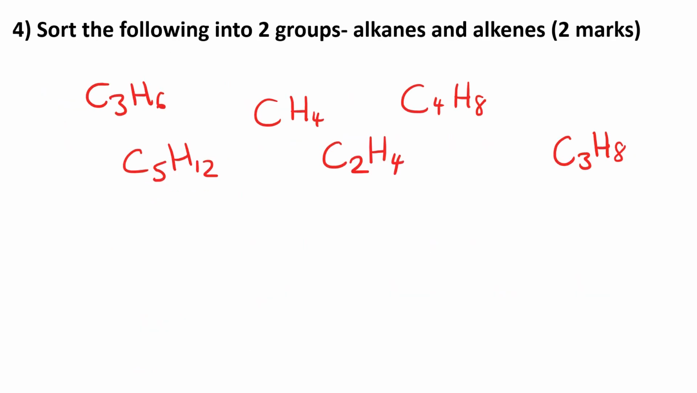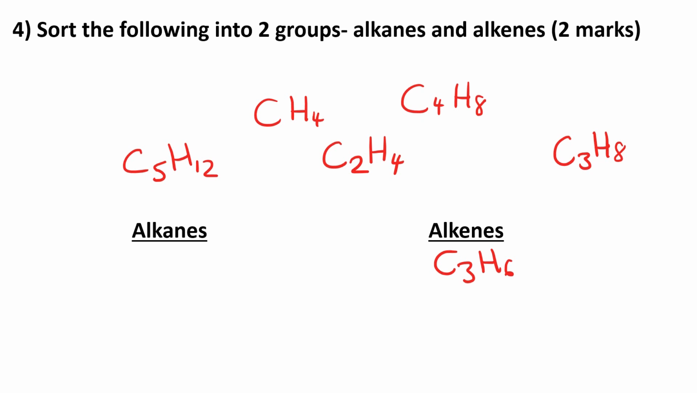And the last question, sort the following into 2 groups, alkanes and alkenes. So you need to remember those general formulas. If it's CnH2n, it's an alkene. If it's CnH2n+2, in other words, double the number of carbons and add 2 to get the hydrogens, then it's an alkane. And when we do that, we find that C3H6 is an alkene,